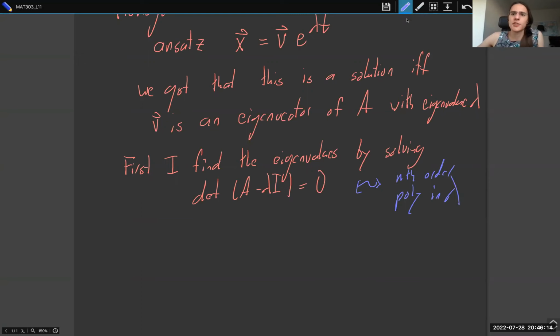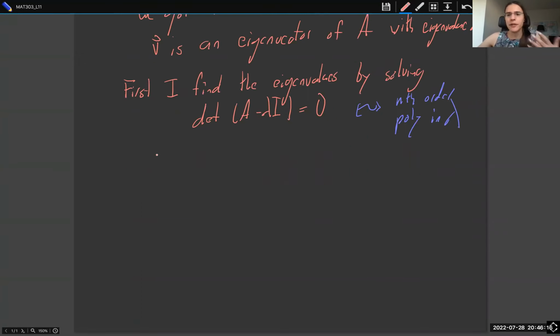Cool. So then for every eigenvalue, there's going to be at least one eigenvector. But what if an eigenvalue has higher multiplicity? In other words, it's a root of this equation with higher multiplicity. So for every distinct